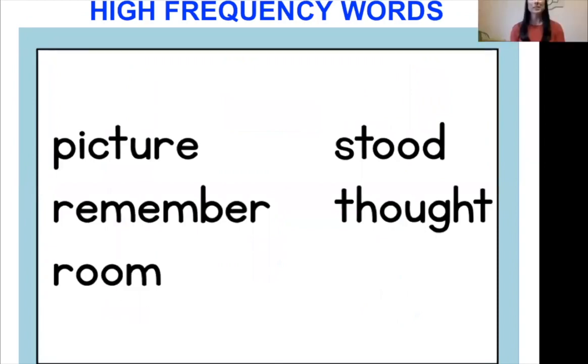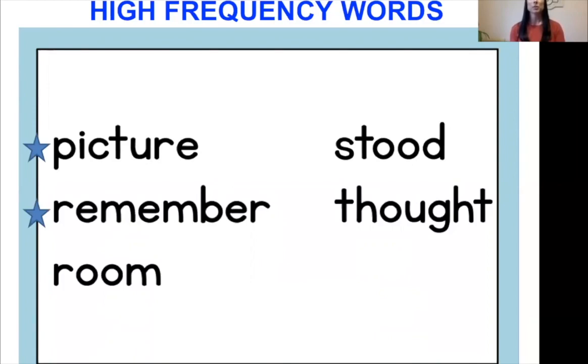Next, we will practice some sight words. First, I will read these words and you can listen to me. Next, we will read these words together as a team. Last, I will give you time to read these words by yourself. If you're able, pause the screen during that time to practice the words. Listen to me first as I read. Picture,